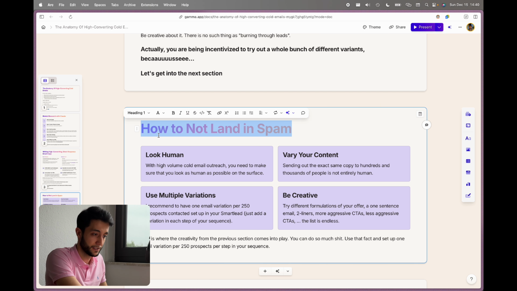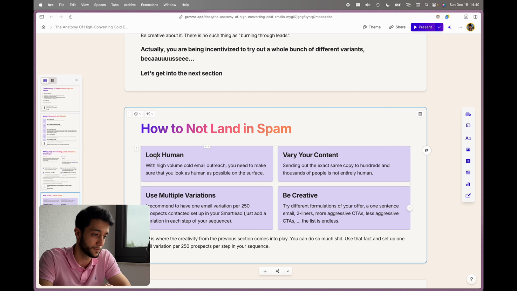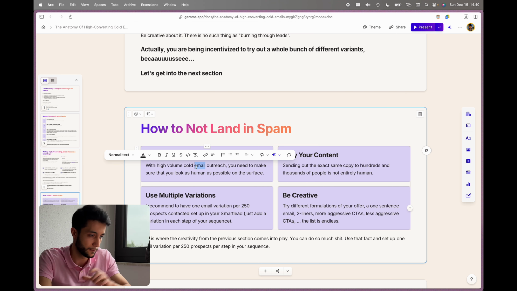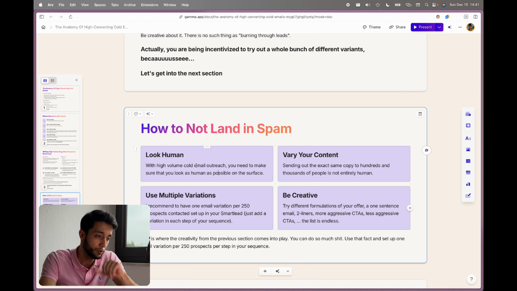The technical reason is you want to look human. And if you don't look human, you're going to land in spam because Google's going to figure it out. Or Yahoo, or whatever email service provider is going to check your emails. But if you do high volume cold email outreach, let's get back to the document. If you use high volume cold outreach, you need to make sure that you look as human as possible on